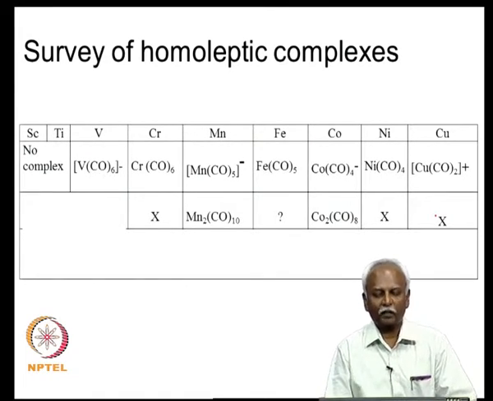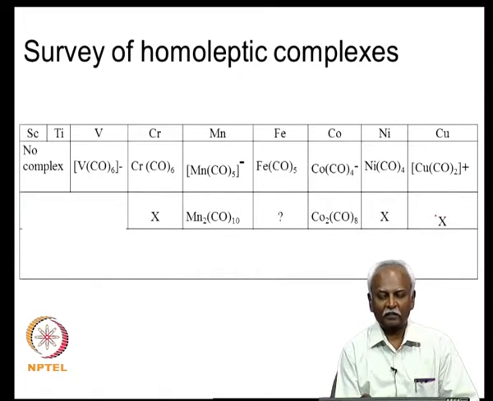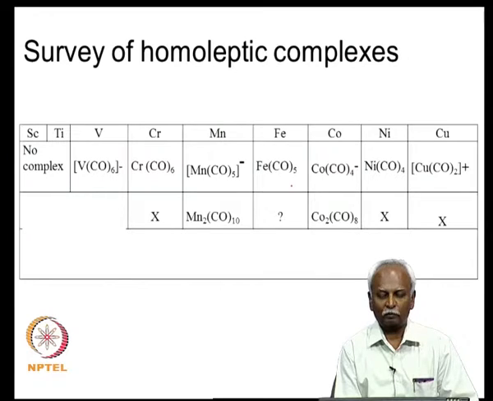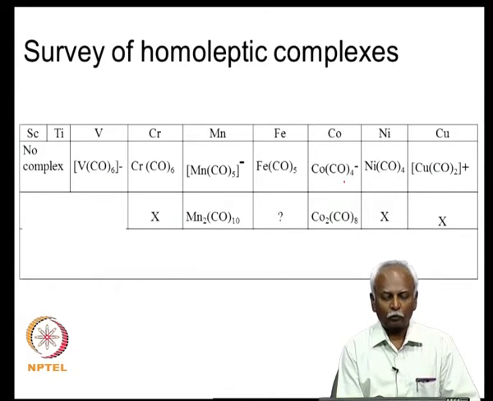In other words, if I have 5 carbon monoxides present in the coordination sphere of the metal, then the 5 carbon monoxides are distributed in a symmetrical fashion around the metal. If I have 4 carbon monoxides distributed around the metal, then the 4 carbon monoxides are in a tetrahedral environment around the metal. Surprisingly, when you talk about these negatively charged systems, they are also capable of forming dimeric complexes.